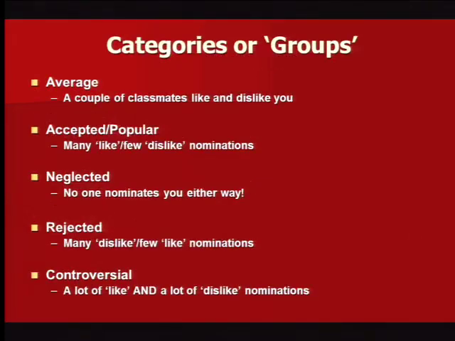There's another way to do it, which is to now make categories. Okay, most kids in a class, 1 or 2 kids friends with, 1 or 2 kids don't like. It's pretty average. Some kids, they get 10 people want to be their friends, and nobody doesn't want to be their friends. They're popular. Or the reverse, we're going to jump down to rejected. Nobody wants to be their friend, but 10 or 15 kids dislike them or don't want to be their friend. That's the rejected group. What about the kids that nobody seems to notice?